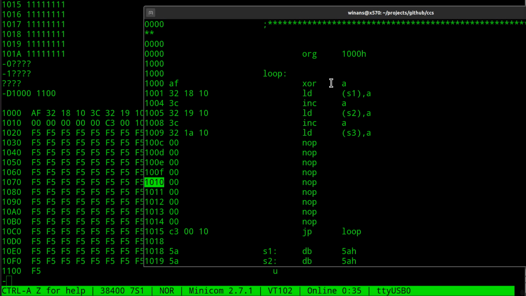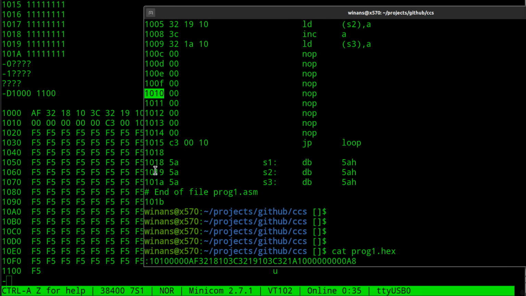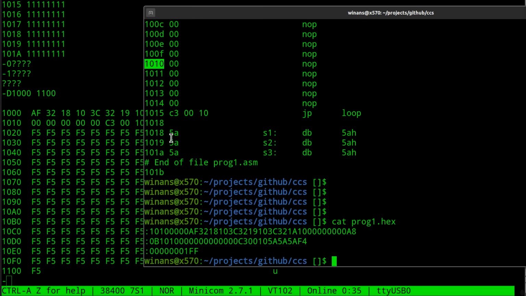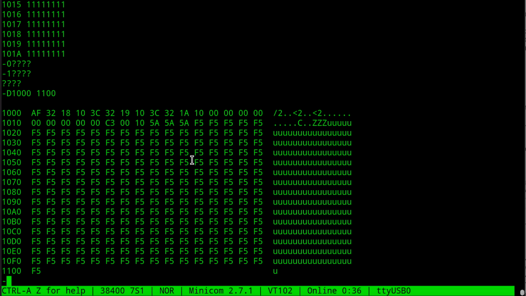And what does this do? XOR A, it makes A 0, right? Anything XORed with itself is 0. Remember that. Then I say put A into the memory at address where S1 is. That's these guys down here. Add 1 to A, store, add, store, da da da da. So this should put a 0, 1, and 2 in here on top of these 5As. If we run it, by saying go,